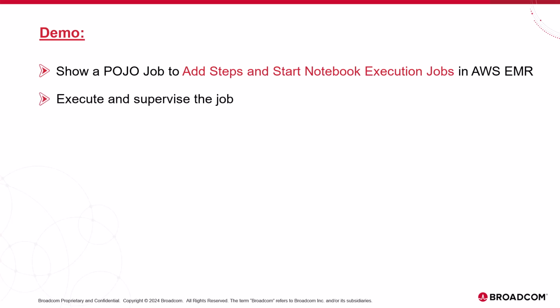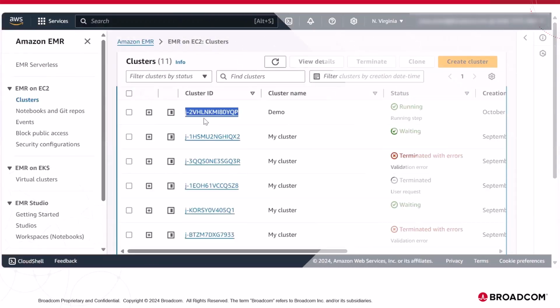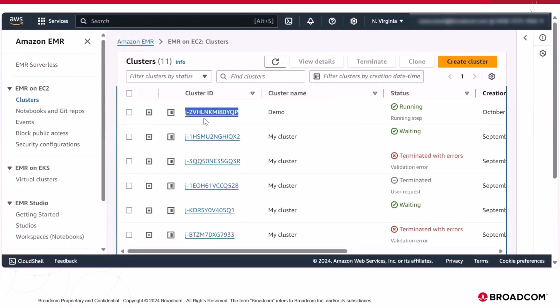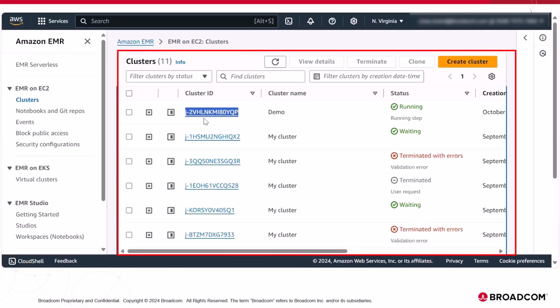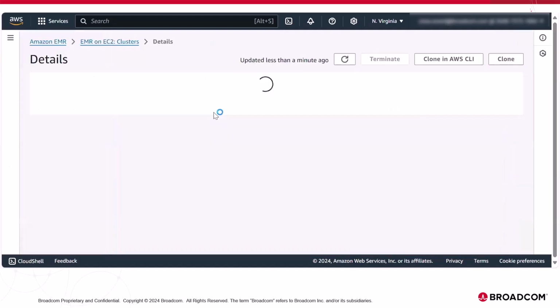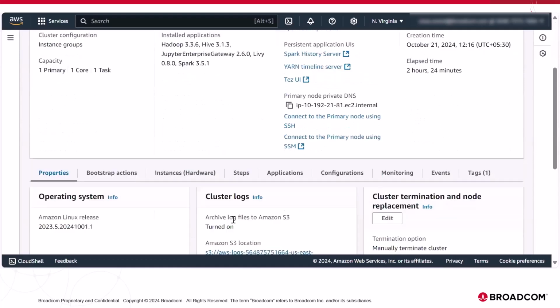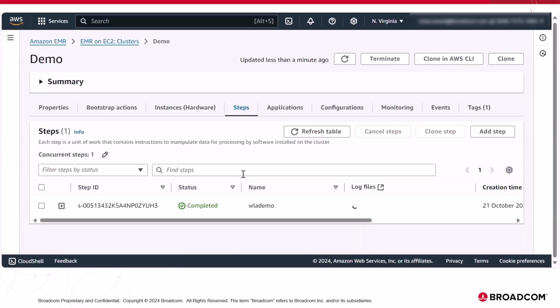Let's dive into the world of applications and job execution within the AWS EMR environment. Let's start with the demo. On the AWS EMR console, you'll find a list of clusters. When you open a cluster, you'll find all the relevant details, including an option called Steps, where you can add